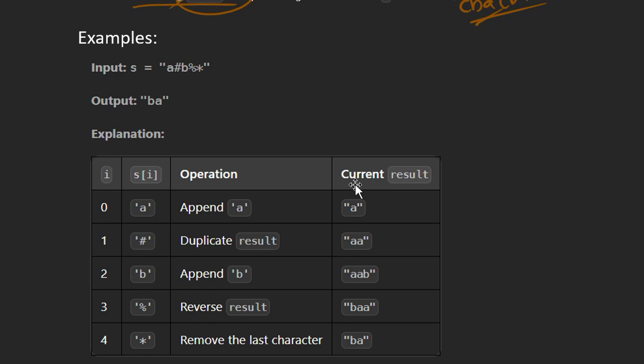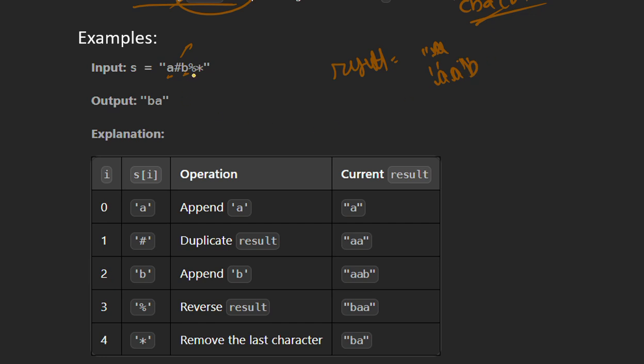First, our result string is empty, right? Then we get a character a, so we append it to this string. Then we get a hashtag, which means duplicating the string. So here we have a, and it will become aa, that is duplicated. Then we get b, which is again a character, so we append it to the result and get aab.